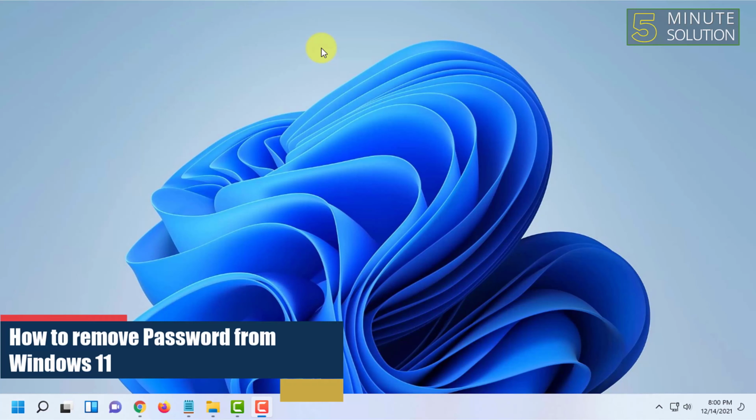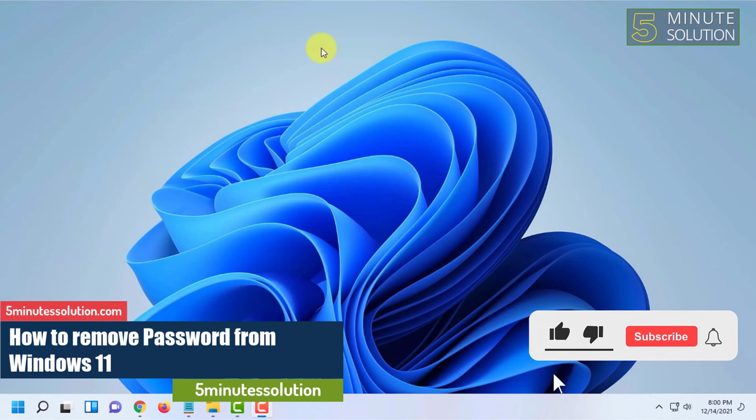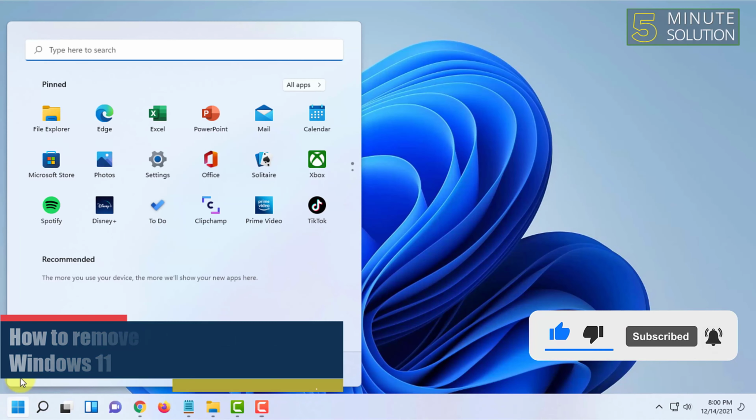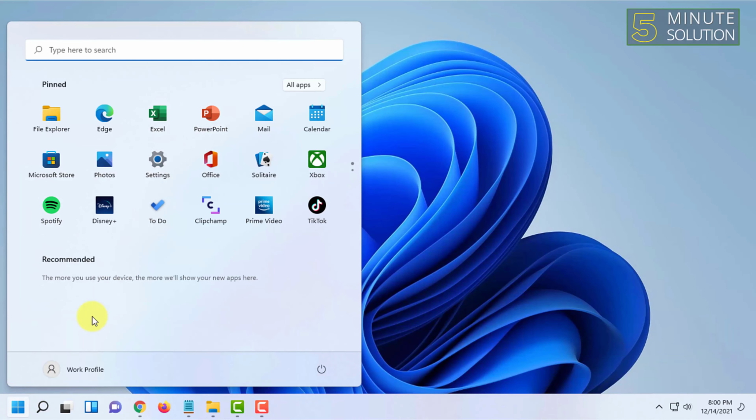In this video I'm going to show you guys how you can remove a password from your Windows 11 account. So for that, first you have to go to settings. You can go to settings from your start menu or you can search here. So going into settings,